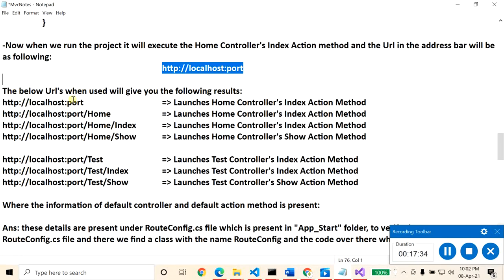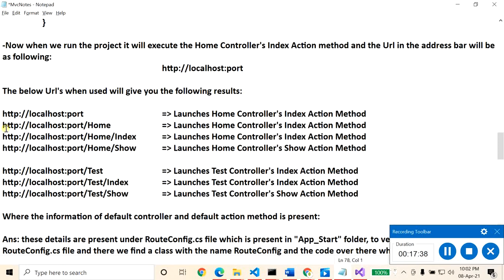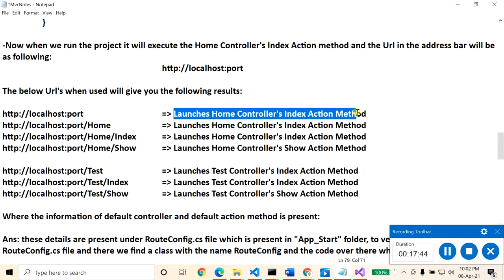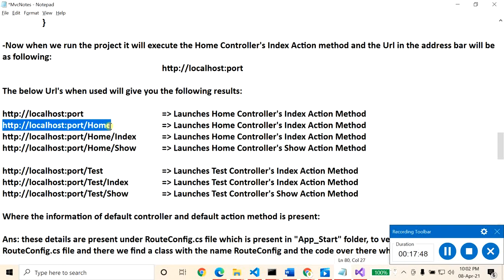The below URLs, when used, will give you the following results. This URL launches the home controller's index action method. If you put home in the URL, it will launch the home controller with the index action method.